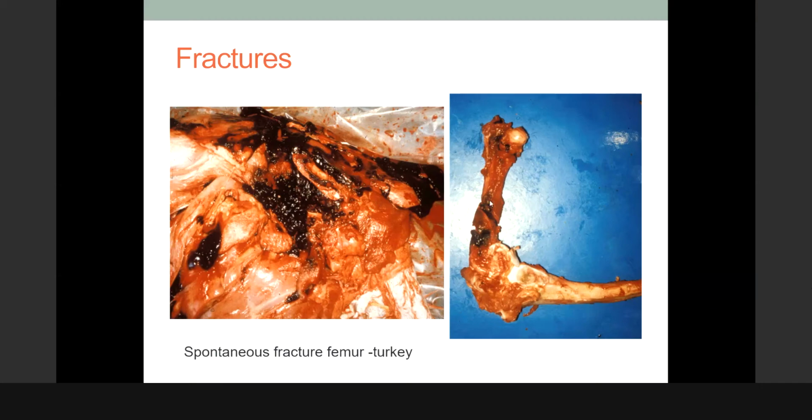If you see too many fracture cases at the processing plants, you may want to advise the farmer or those doing the catching process to be gentle on the chicken next time, because fracture cases will lead to partial condemnation. You have to remove some parts of the body parts, and then it's a waste, because you don't want to sell chicken with fractured legs. Because most of the time, if you have fracture, there will be a lot of bleedings there, and then it's not nice to be sold on the market. They don't look good, and then